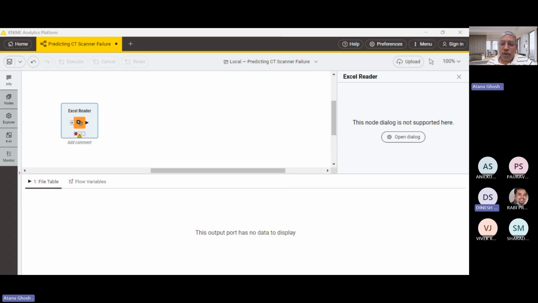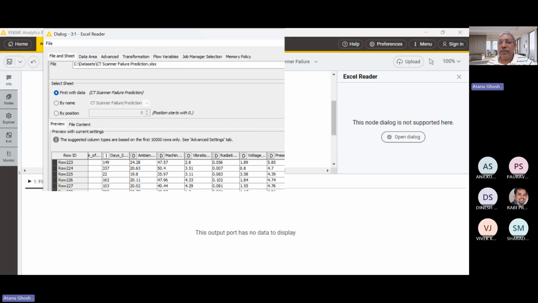So first of all, what is the outcome in our case? What is it we are trying to predict? Anybody? It is scanner fail or not. Machine fail or not. So this, as we see, NIME has read it as an integer. And we know why it has taken it as an integer, because the data set does not say machine has failed or not failed. It just says 1 or 0.